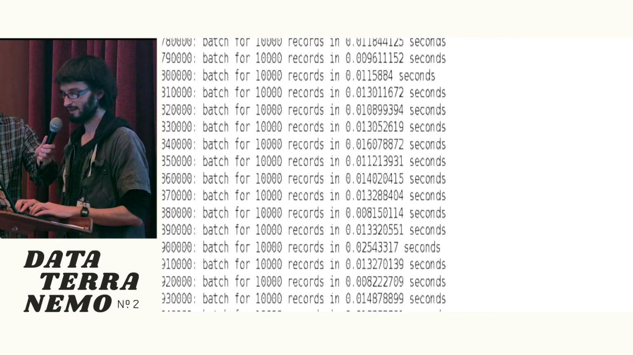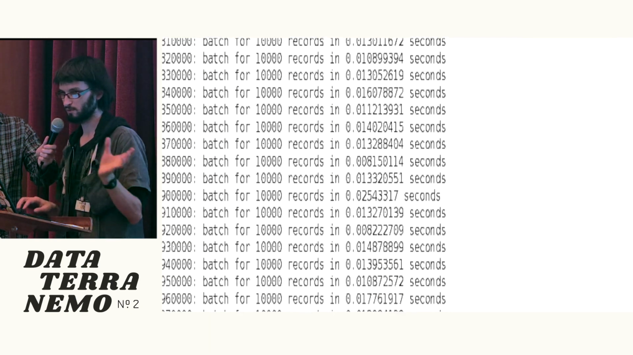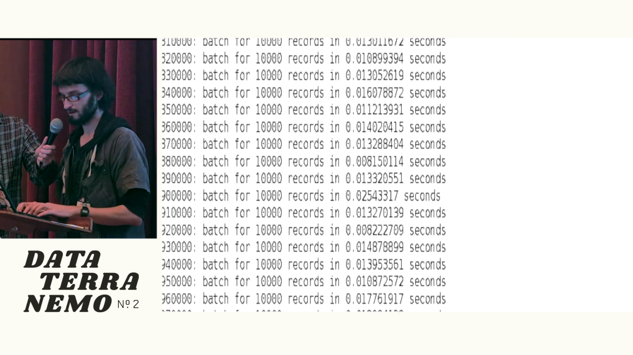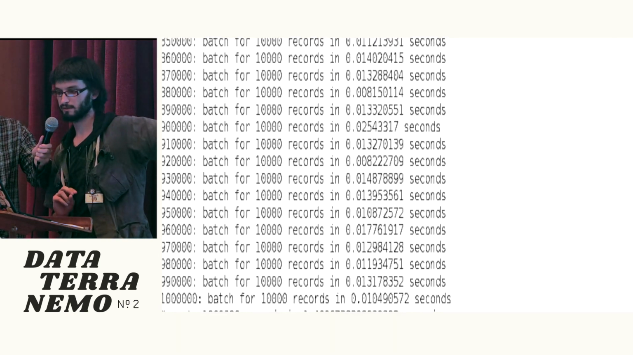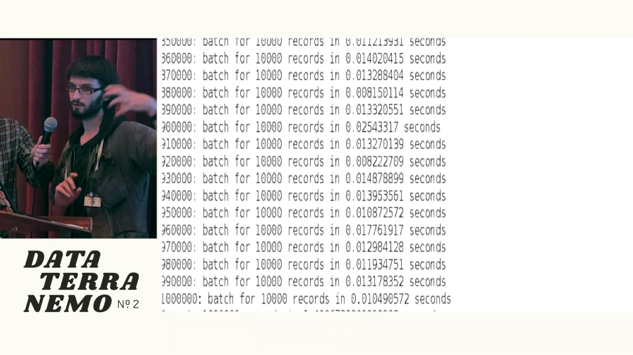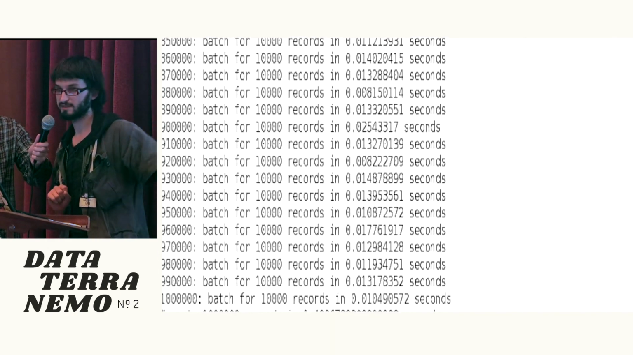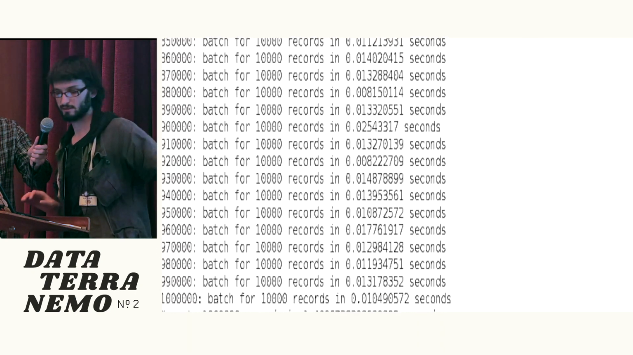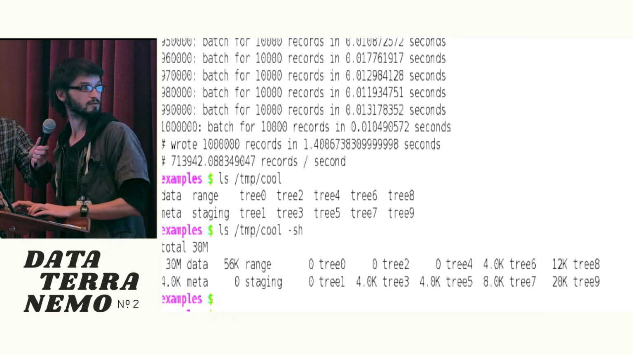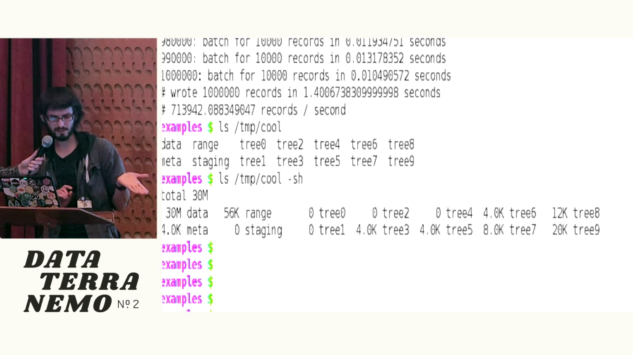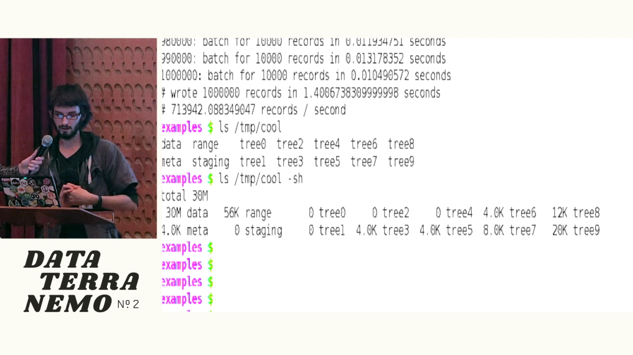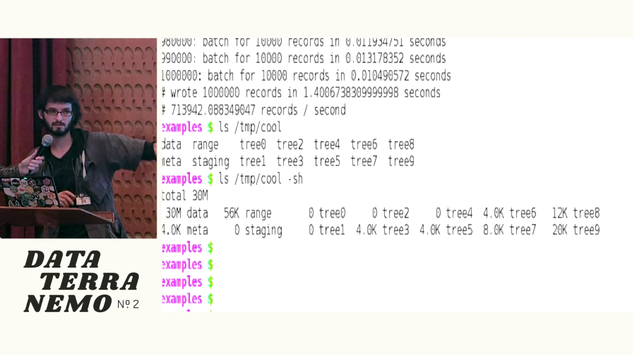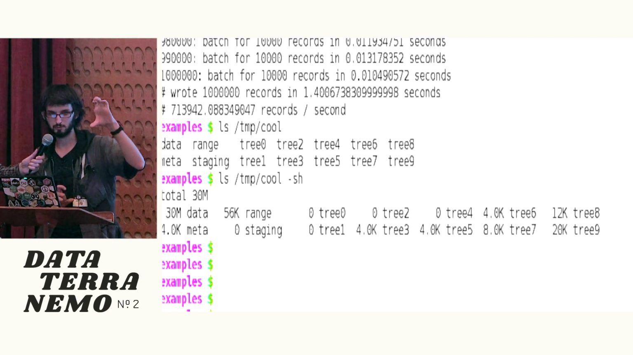Okay, so now let's just go ahead and look at these: cool, Berlin, and wow. Here it creates this forest of trees, like I was demonstrating on the slides. So these trees are either full or they have data. We have the data page, which in this case is 30 megabytes. That's the append-only file. We have this range file that represents the bounding extents of each block in the data